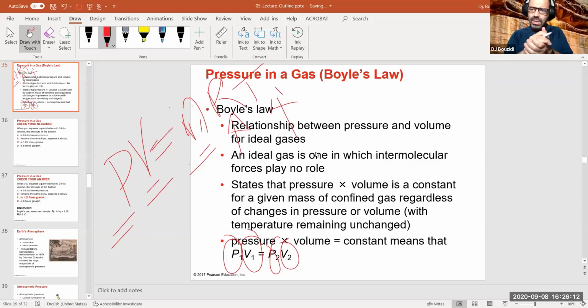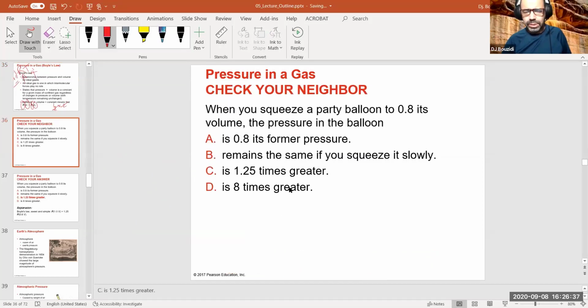In this case, it's in contact with the air, so the temperature doesn't change. So the new volume is smaller, but there is more pressure now. If you squeeze it to half its size, it's going to have twice as much pressure. If the volume drops by a factor of 2, the pressure has to increase by 2 so that the 2 and the 2 cancel, and the number stays constant. So that's basically what this is. Which is exactly the point in here.